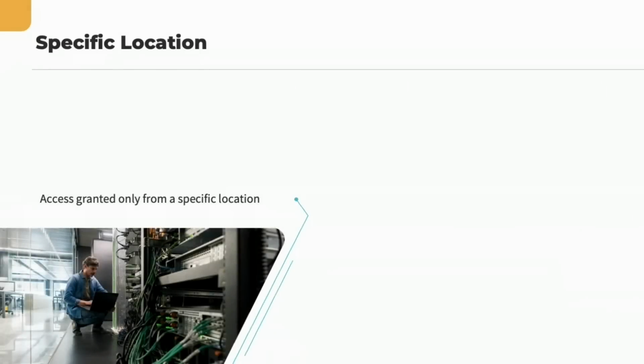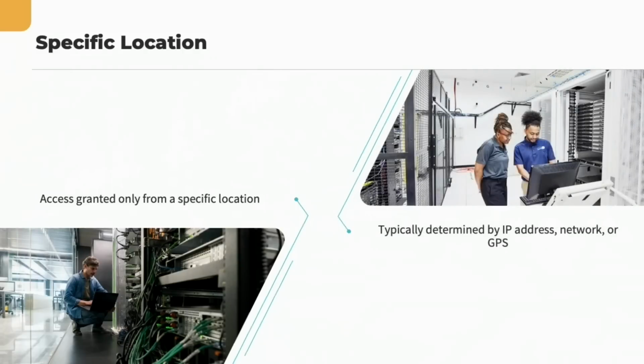Other factors that can be used in the authentication process might include location information, whereby access will only be granted if the request is made from a specific location, which is typically determined by the IP address of the requesting device or the network address of the request, or perhaps by GPS location. For example, if the primary headquarters of an organization allows access to resources from outside its network, it might only be allowed if the request originates from one of the branch offices, in which case either the IP address of the specific device or the network address of all devices in that network would be known, and more importantly, known